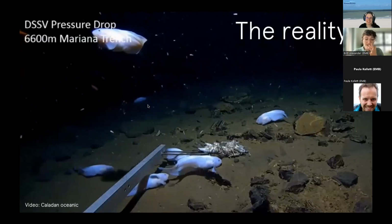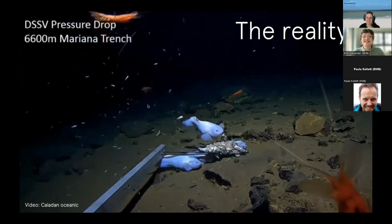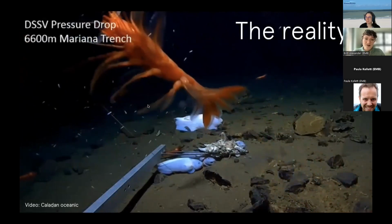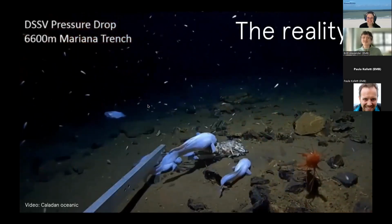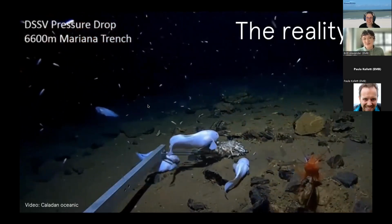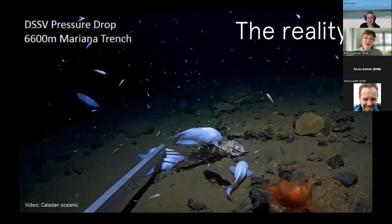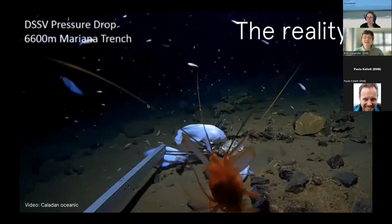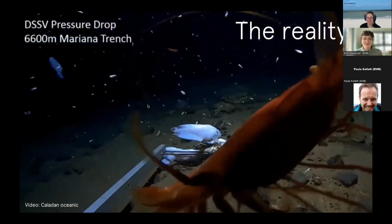So the guys that found this are actually from Armatus, and this is to introduce you to the world's deepest fish. These guys are quite cute, pink and wrinkly, maybe not what you imagined when you think of deep sea fish. They don't have the huge ferocious teeth, but that's because they didn't need to evolve to have those. So I wanted to show you that what you're shown, you need to question sometimes,